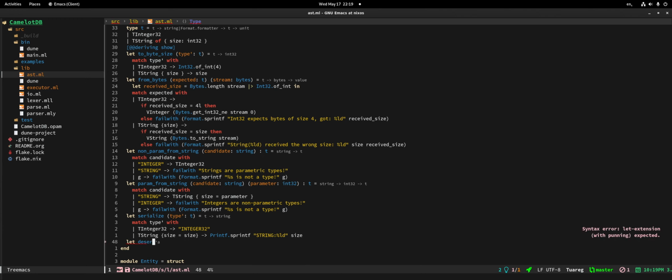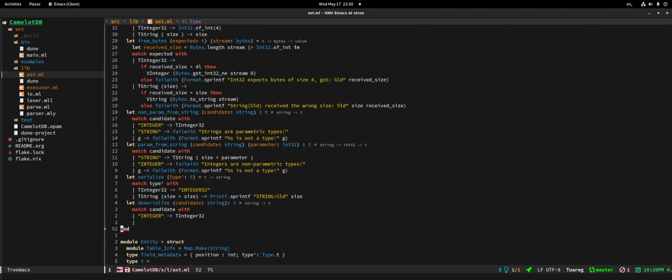So this is going to be a candidate, which is a string, and we supposedly will return a t. So match candidate with. In the case that we have an integer, we just return a t integer 32. And in the case that we have